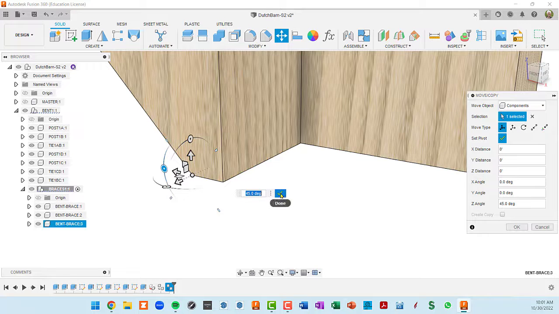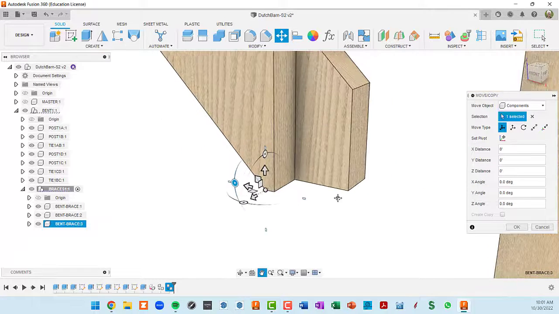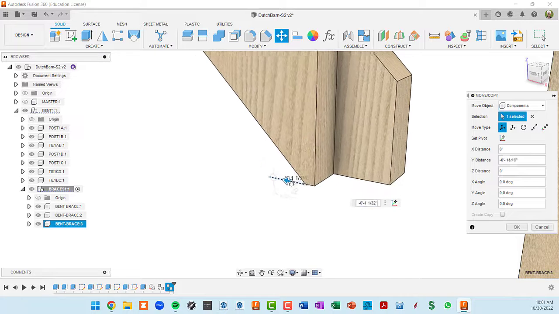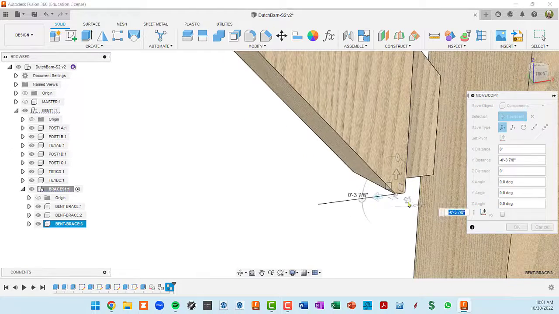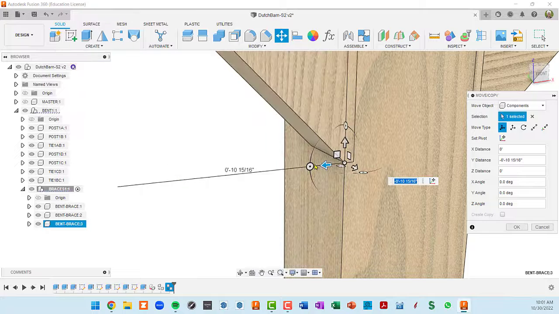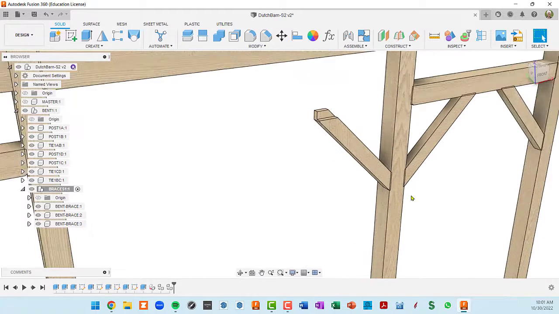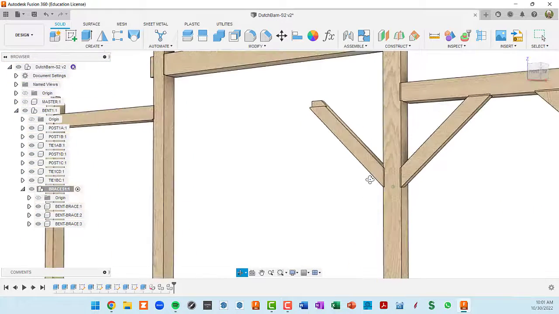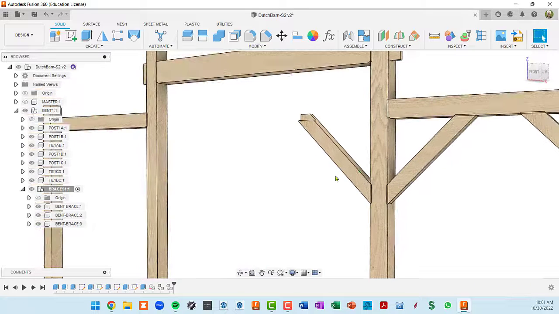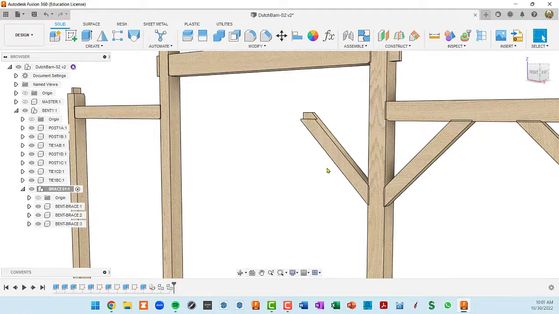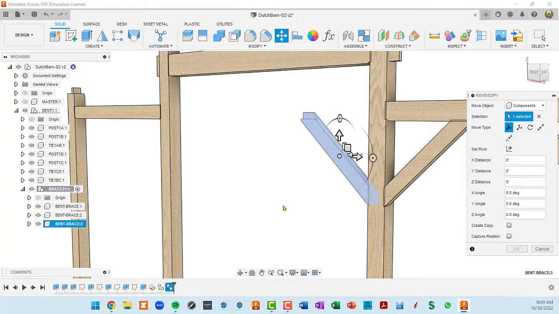So I'm going to say, okay, I am done now with my pivot. And now I can start using this arrow, which is going to move it horizontally, and then click on the side of the post. And it embedded that, ½ inch into the post. So I'll click OK. Oops. So actually what I should have done is done a second move right there to move it up to the tie beam. But I can still select it here, just click on it, do an M for move, and now,